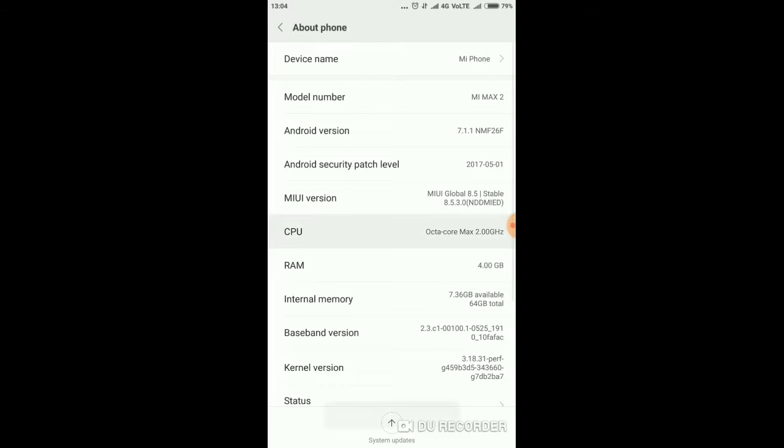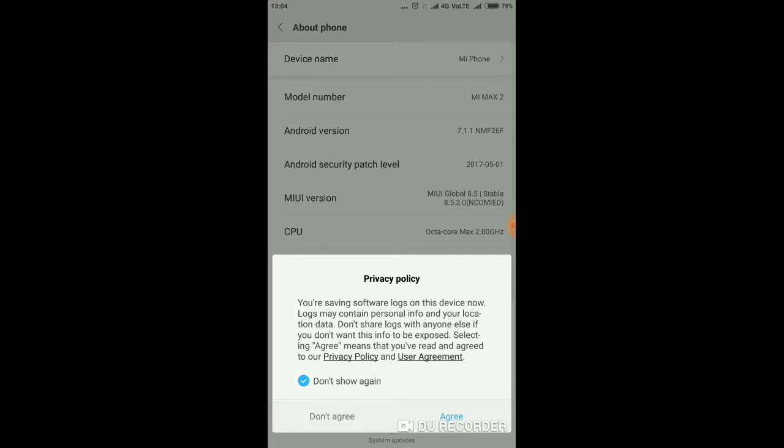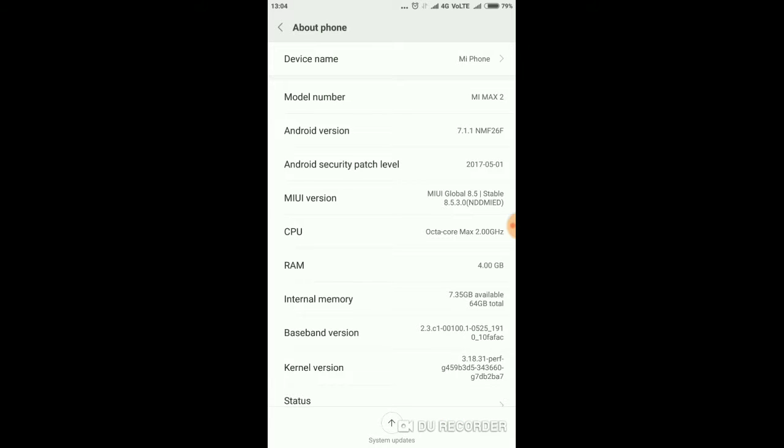Now if I press again and again on CPU, then I will reach here, the privacy policy. It will basically show you the privacy policy of the Android device. You can read it if you want. I'm not gonna read it, so I'm gonna simply press don't agree. You can also agree, but it's not gonna change something. If I press again and again on RAM, nothing's gonna happen. If I press again and again on internal memory,